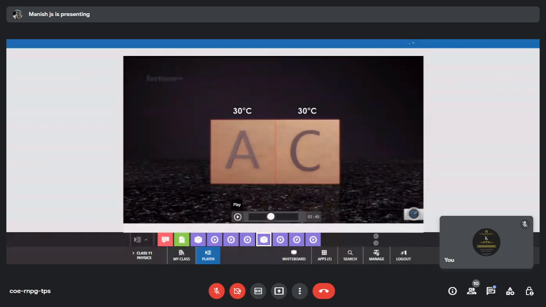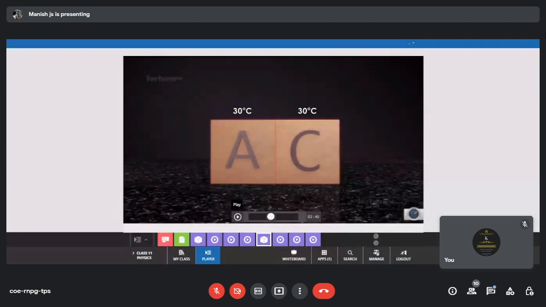So the temperature of A is now 10 degrees higher than before. Before this it was 20. Now it has become 30. That is because I have attached C to A. Since they are attached, it has increased because the initial temperature of C was greater than that of A, and gradually heat transfer has occurred from C to A. Therefore, the initial temperature of A is now increased by 10 degrees Celsius. So this is what we understand.